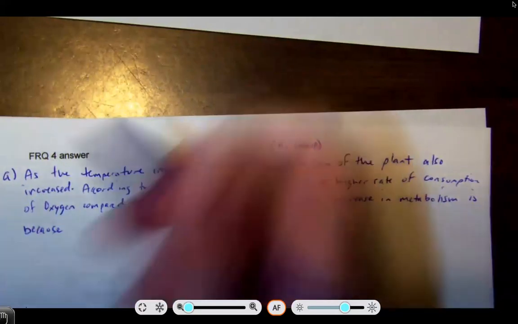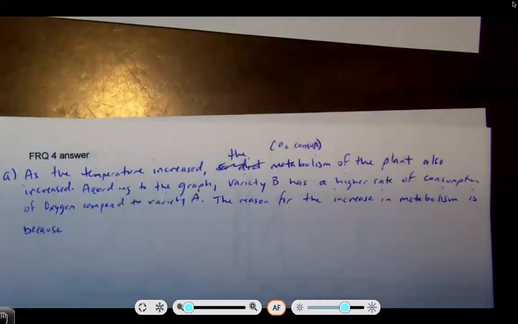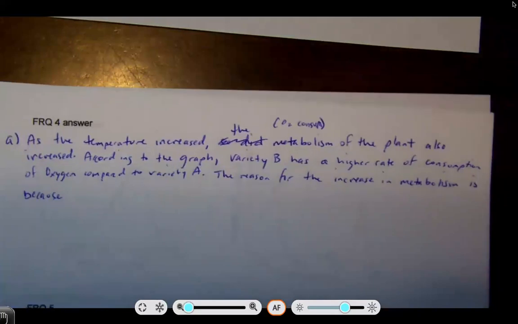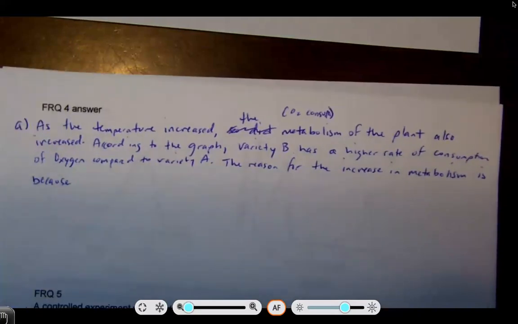and here's where things get interesting, because on this question, you can actually answer it in one of a couple of ways. And so when we talk about it, you could say that as temperature increases, the kinetic energy increases, which means that reactions happen faster. Or you could say that enzyme reaction rates increase with temperature. Or you could say that it could have an effect on the electron transport chain. Now, personally, I like the enzyme question, but if you can't remember it, you could just say that because an